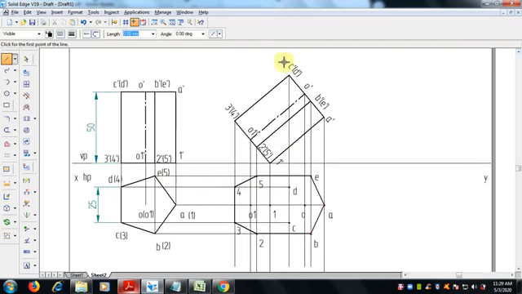Here, if you see from the top, this total face is visible, but this bottom is looking towards the bottom. So you can see the 3 and 4, and the remaining you cannot see.